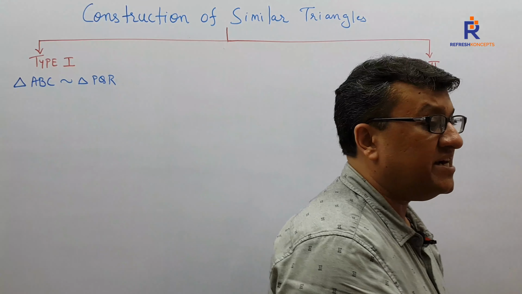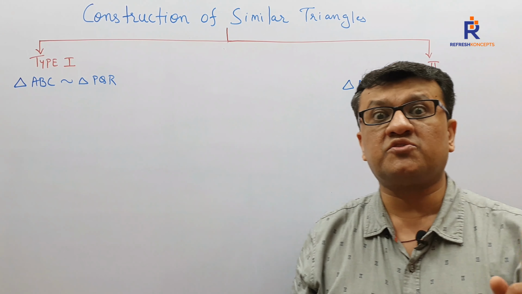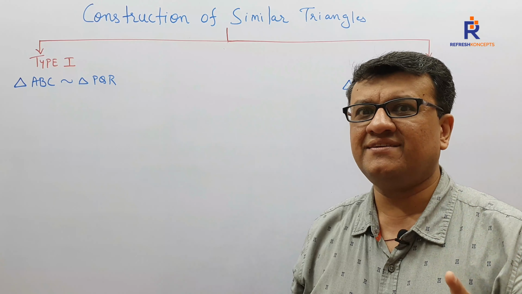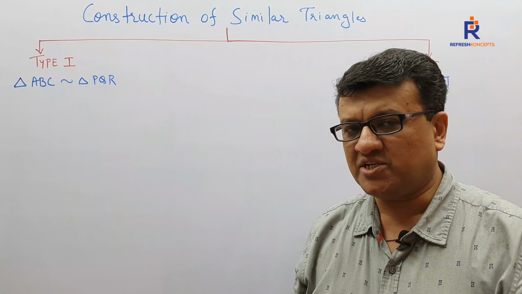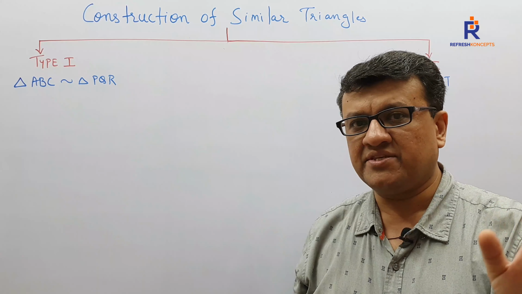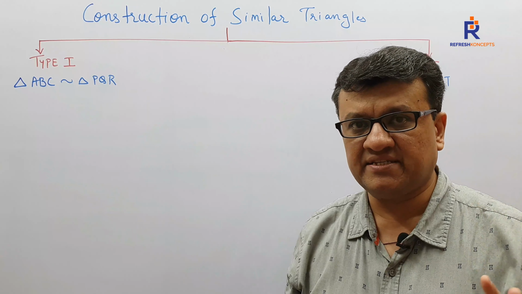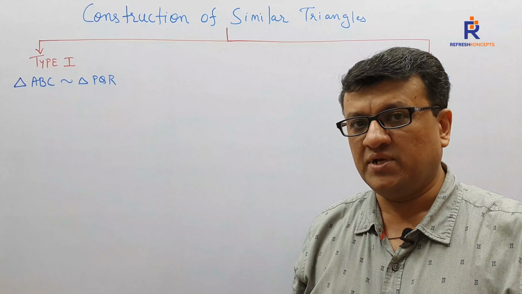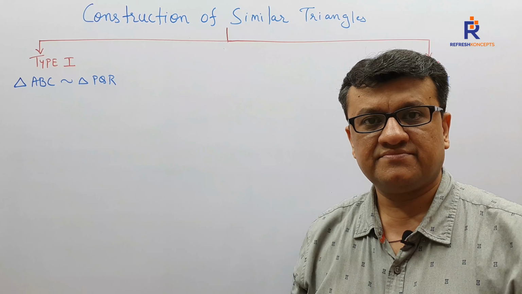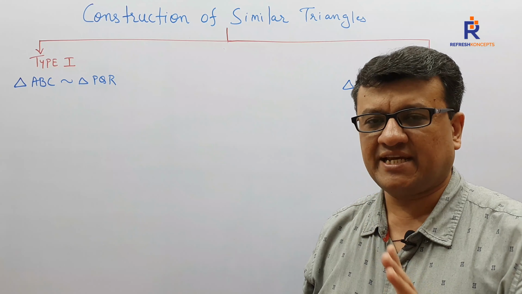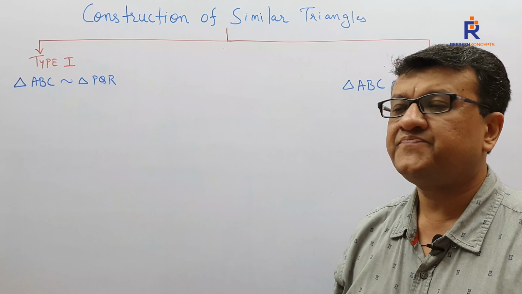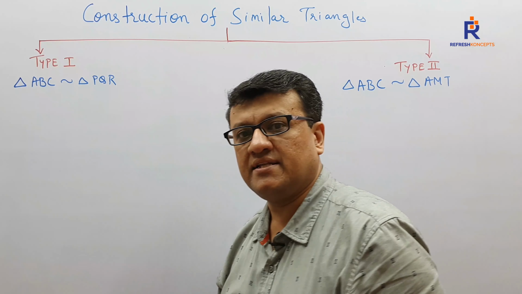Now, I have made it very clear when it comes to construction of tangents that we are not learning sum by sum. We are learning type by type. So in construction of tangents, how many types have we learned? 3, right? And by this time, if you have finished your exercise on construction of tangents, you will tell yourself that 110%, sir, we were able to do all the sums when it comes to type 1, type 2, type 3. By looking at the sum, my children will be able to say this is type 1, type 2 or type 3. Likewise, when it comes to similar triangles also,